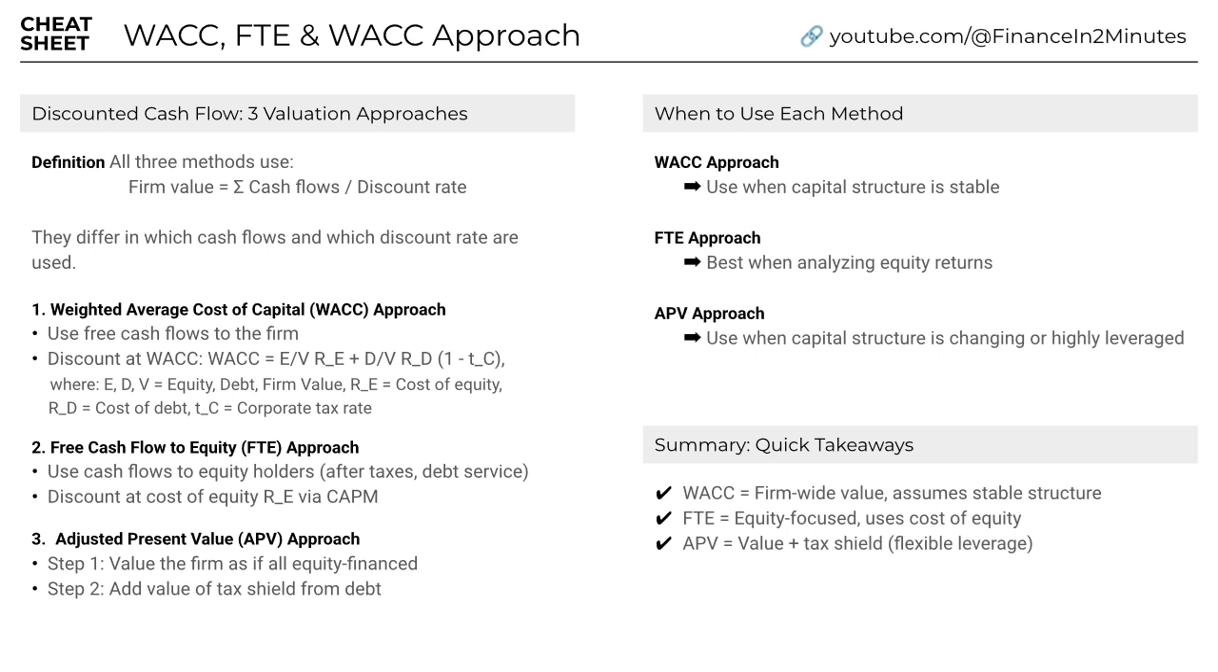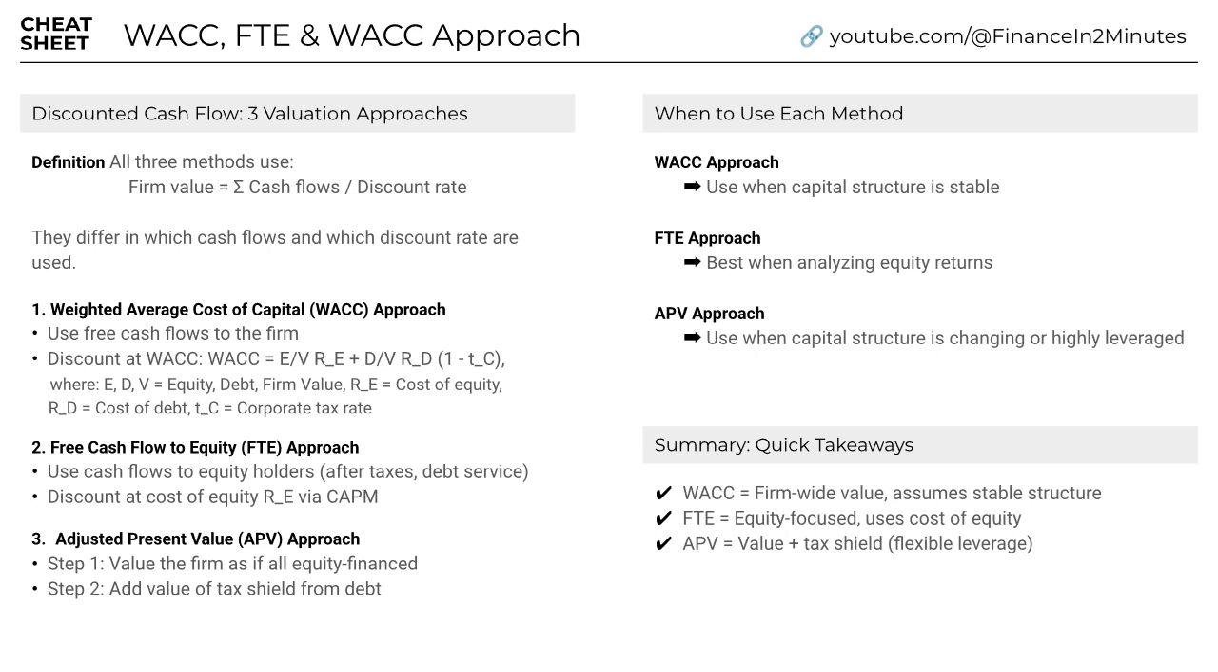market movements. The third method is the adjusted present value, or APV approach. It starts by calculating the value of the firm assuming it is entirely equity financed. Then, it adds the present value of tax shields generated by debt financing. These are typically based on the corporate tax rate and the firm's interest payments. APV is especially helpful when a firm's leverage is changing or uncertain, as it separates the value of operations from